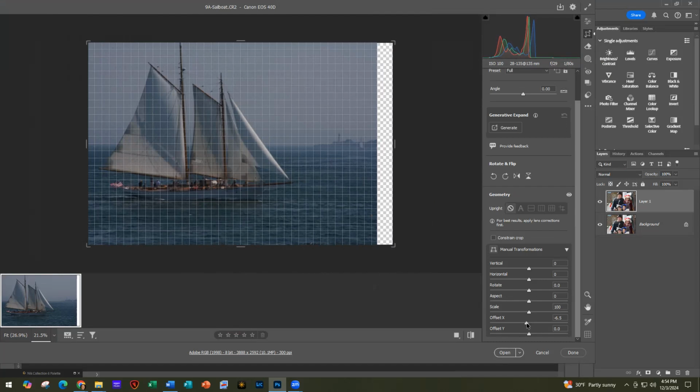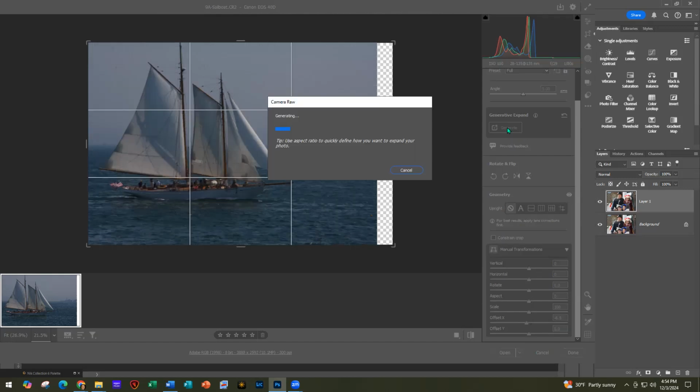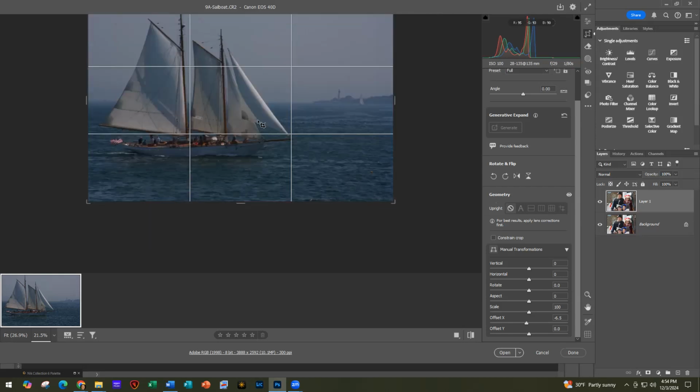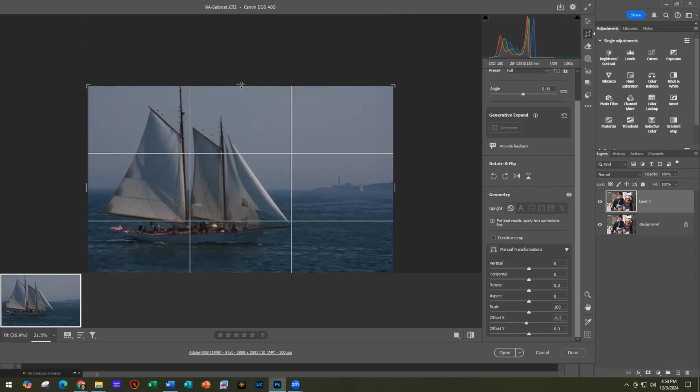And then I want to do the generative expand. Actually, I wanted to expand that way, but so let's say that's 1, 2, 3, and all it's doing is changing that, so that one probably looks the best. And now let's see if I can do this again. So we're going to keep that. And now if I, whoops, want to